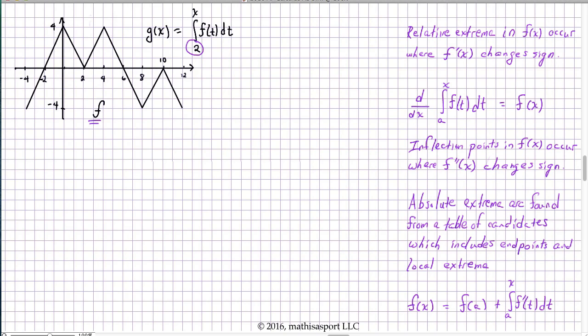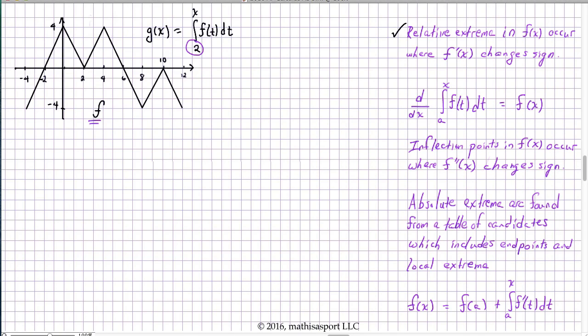Well, again, relative extrema occur in f of x, in the function in question, where that function changes sign. Again, I don't mean to create confusion here. When I write f of x on the right-hand side in blue, these are just the general concepts. I mean any generic function. So they're asking about relative extrema in g of x, and they're going to occur where g prime of x changes sign. But since g prime of x is f of x, we're asking where does f of x